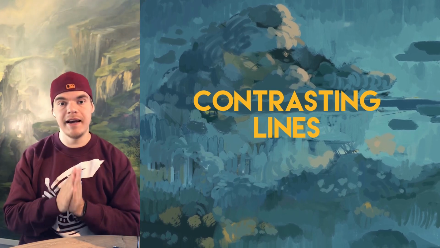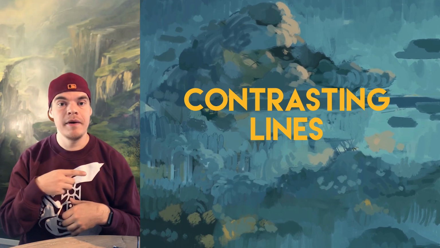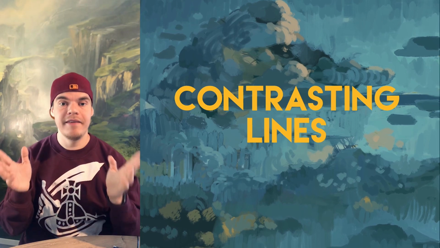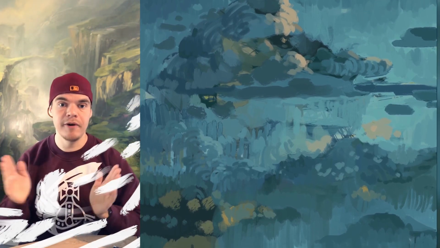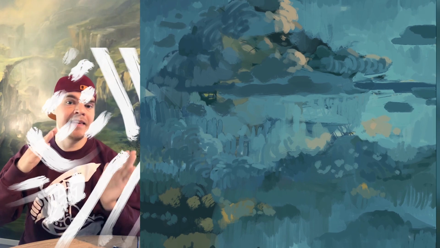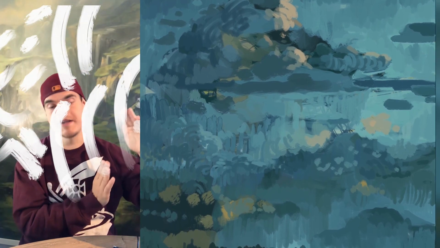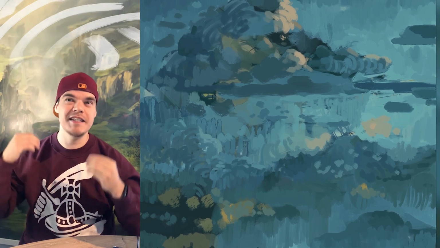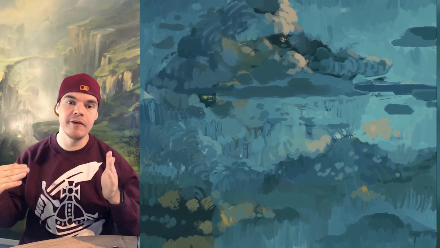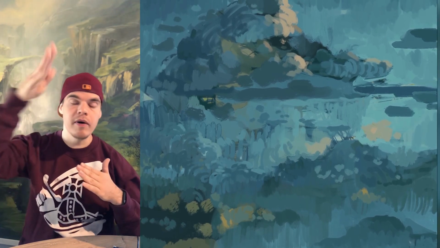Then contrasting lines. In this painting here, I have contrasting lines pretty much everywhere. The whole painting is based on this kind of line rhythm of different brushstrokes. So I have a lot of squiggly lines going that way, and then they are immediately met with other brushstrokes that are coming this way. And there's no specific focal point. With this kind of line rhythm, I just want the eye to move around the painting